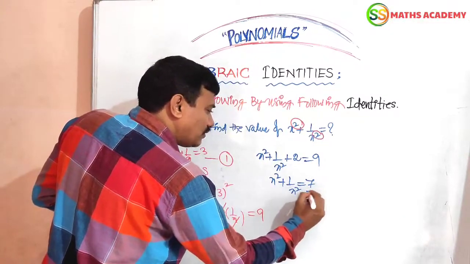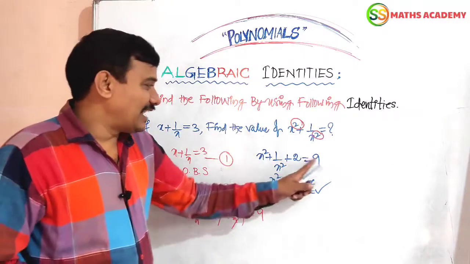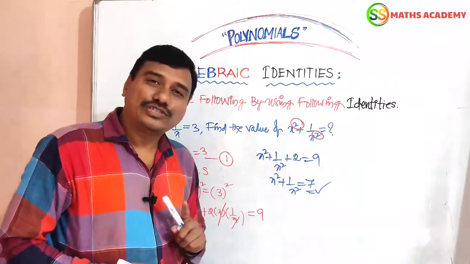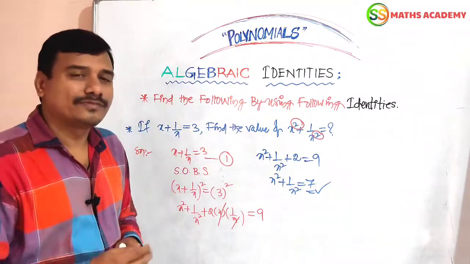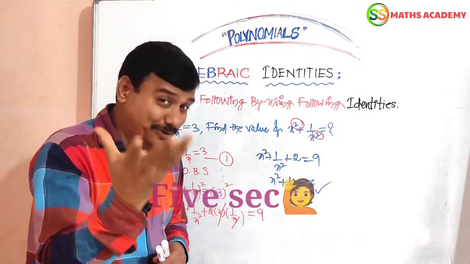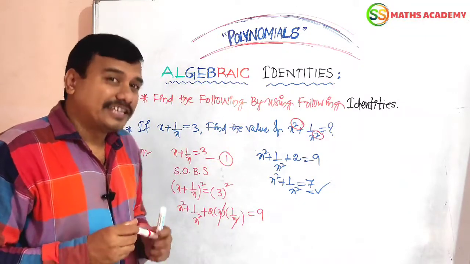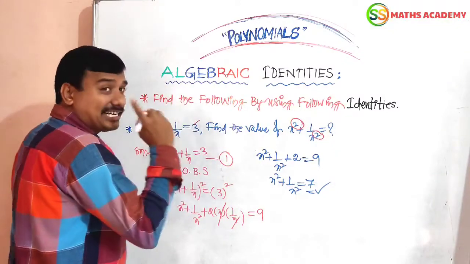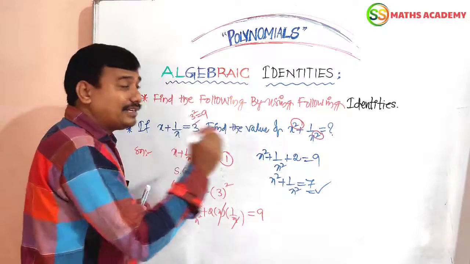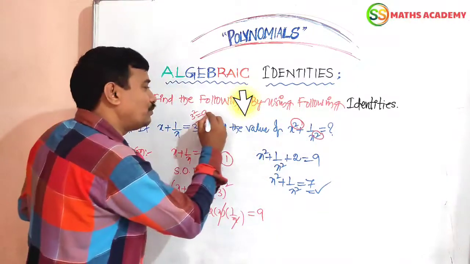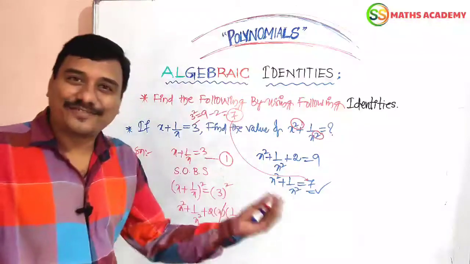Now 9 minus 2 equals 7. That is our answer. 9 transferred to the right side, 9 minus 2 is 7. Now in this question, we have to do it in 5 seconds. What is given in the question? 3 is given. In that 5 seconds, let us say 3 square is 9. It is in the form of plus 2. 9 minus 2 is your answer, friends.